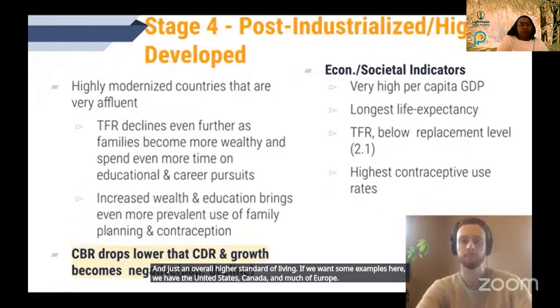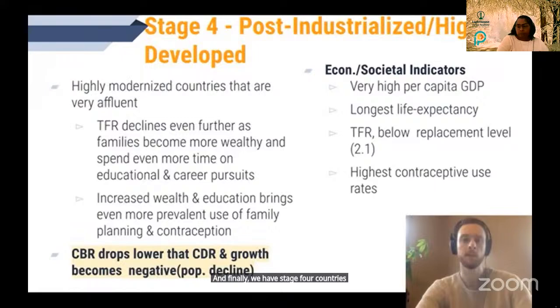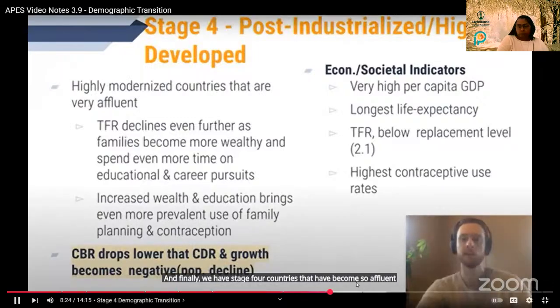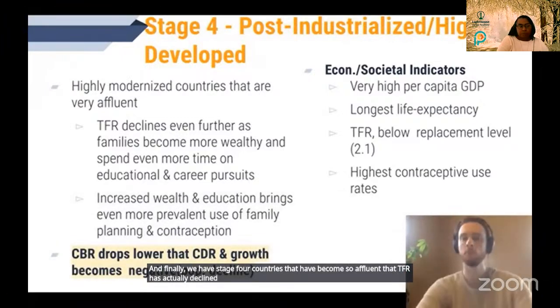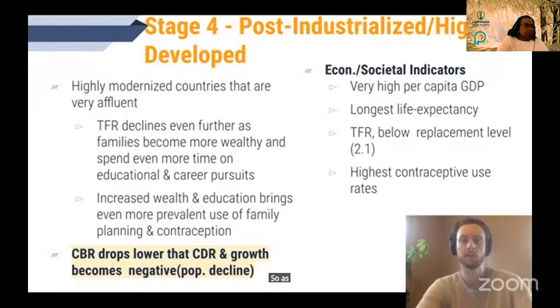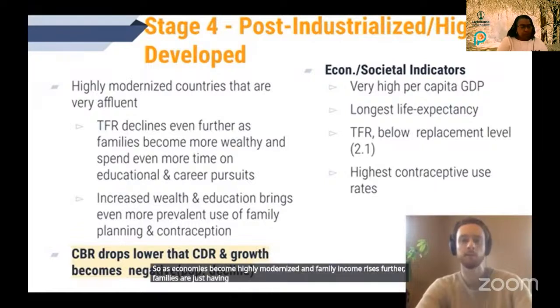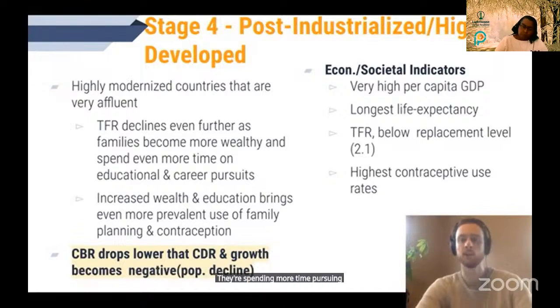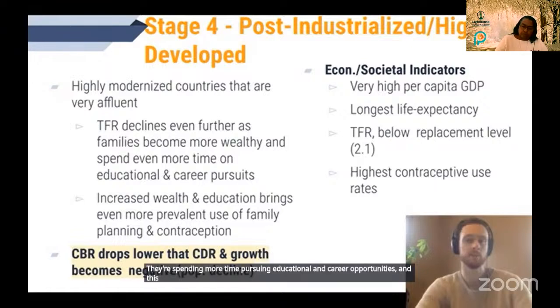And finally, we have stage 4 countries that have become so affluent that TFR has actually declined below replacement level fertility, and their populations have started to decline. So as economies become highly modernized and family income rises further, families are just having far fewer children. They're spending more time pursuing educational and career opportunities, and this leaves less time for raising a family. It also delays the age of marriage and the age of first child, and all of these factors lead to